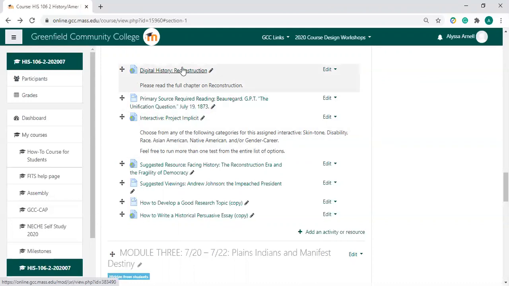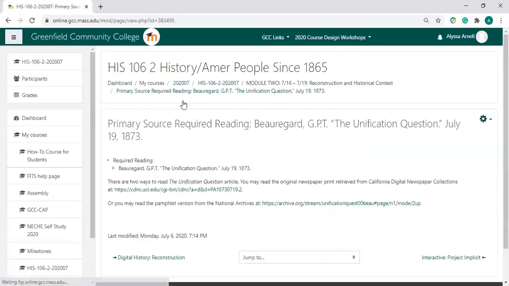Meanwhile, you see here that I am actually using the digital history Reconstruction chapter this time around. And then I have a primary source. This primary source is something that is from 1873. So it's a bit of a challenge to include just one version of that. I have two different versions because it's kind of hard to see